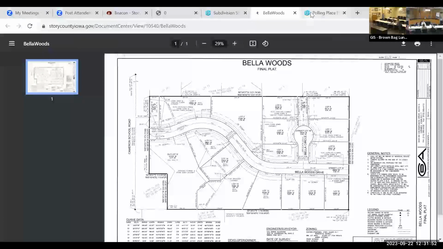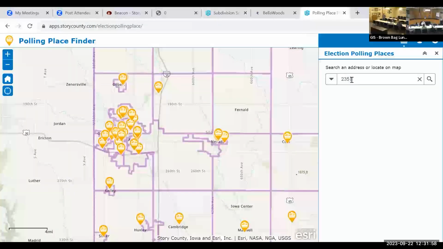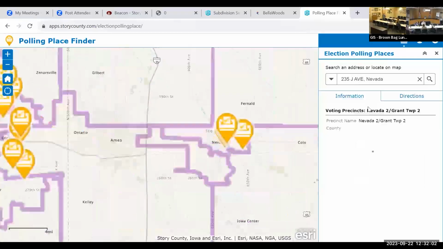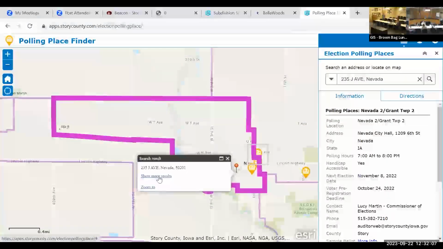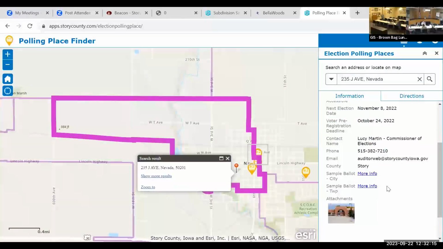And if you want to do the polling place finder, that's good too. You can just type in whatever address you want to. There you go. And yeah, so that has information. On the right-hand side, there's information. So if you scroll down, you can see we do have some sample ballot information. I think that needs to be updated, but it is there.